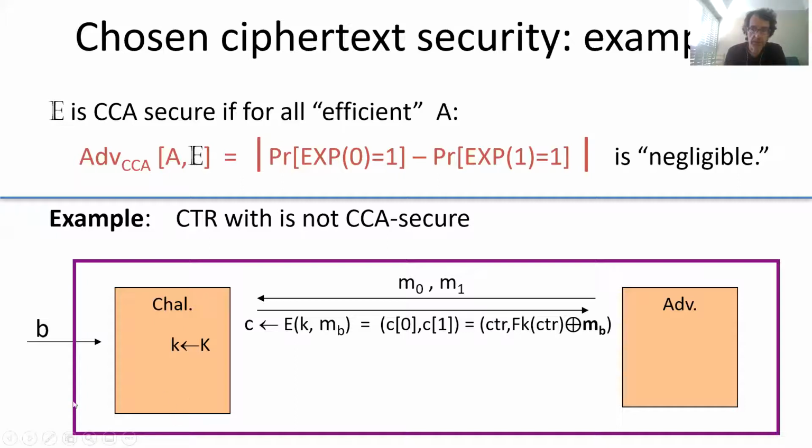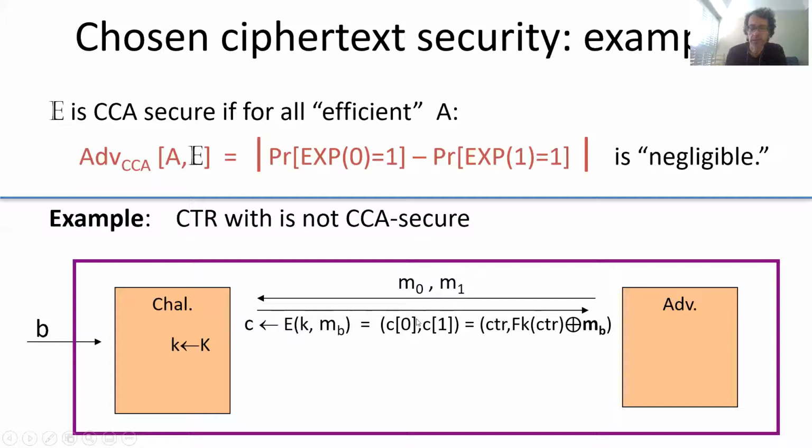And all these examples, the port number and the terminal application, can be captured as insecurity of counter mode against CCA attack. And the insecurity is easy to see. Let the attacker choose two test messages. So this is the test query. He sees the encryption of MB, so M0 or M1, depending on this bit. It's a counter mode encryption, so it has two blocks. Assume that these messages are a single block.